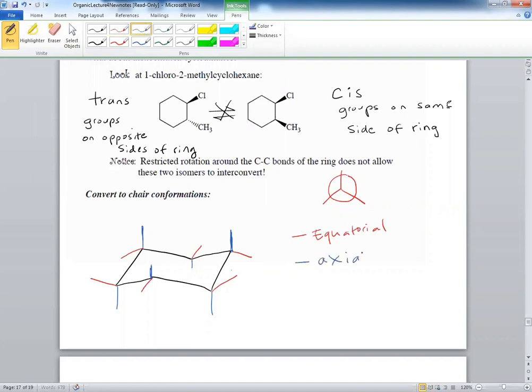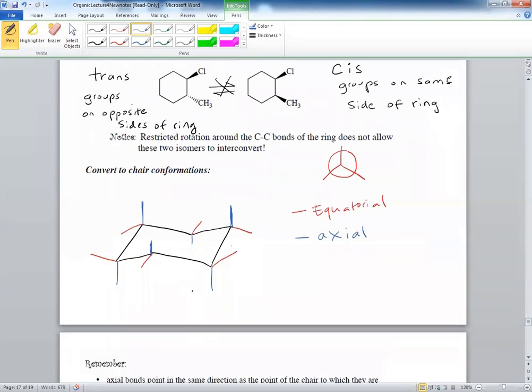So you should train yourself on doing that. And of course, if you can do it, I can give you the templates, but you would have to put the axial